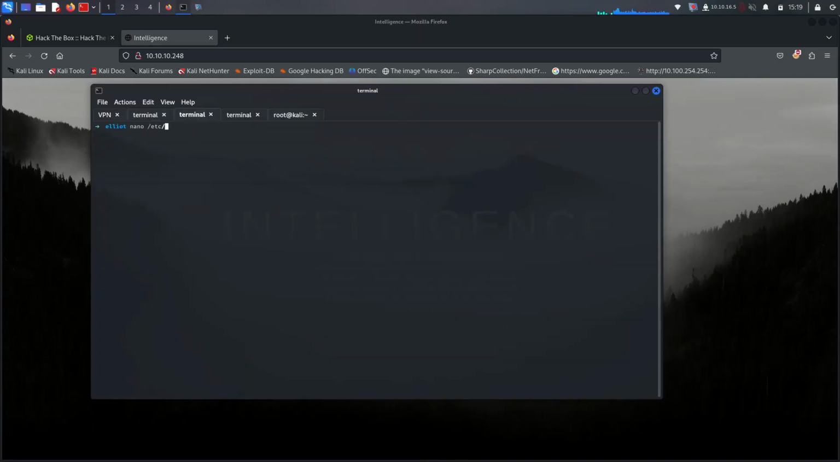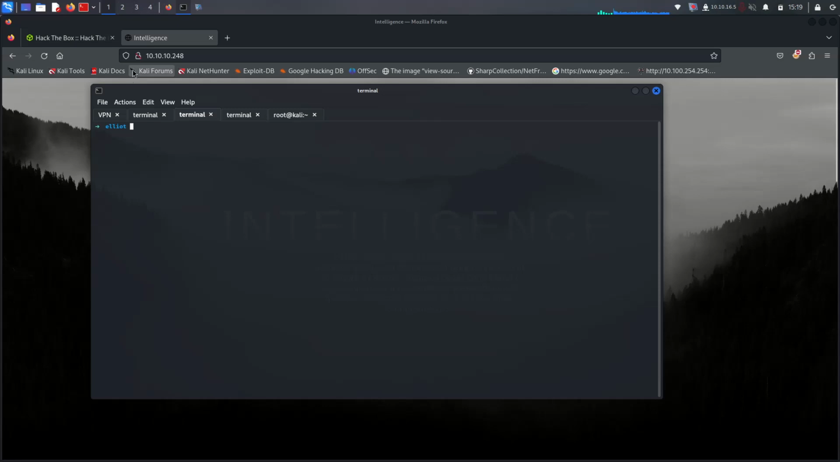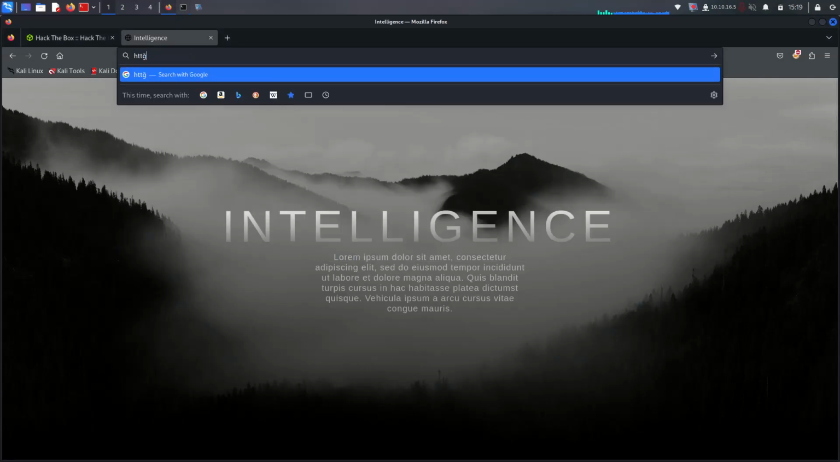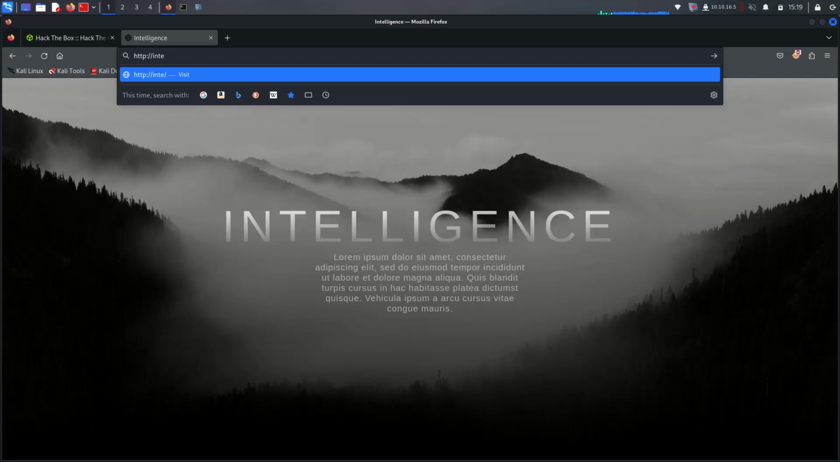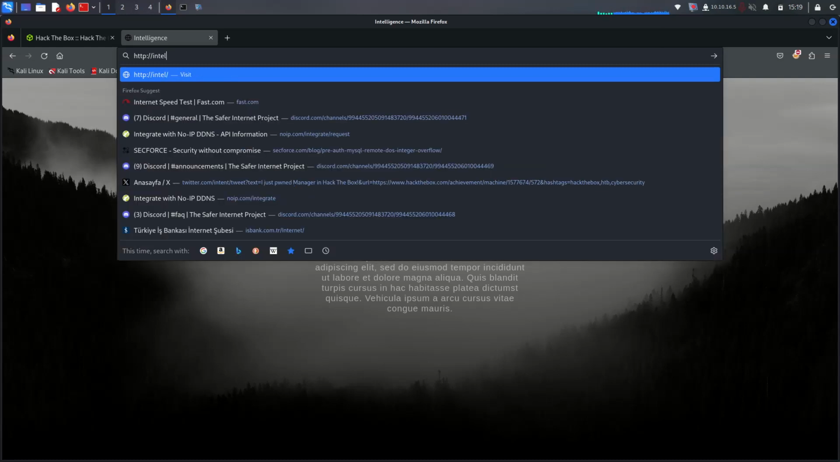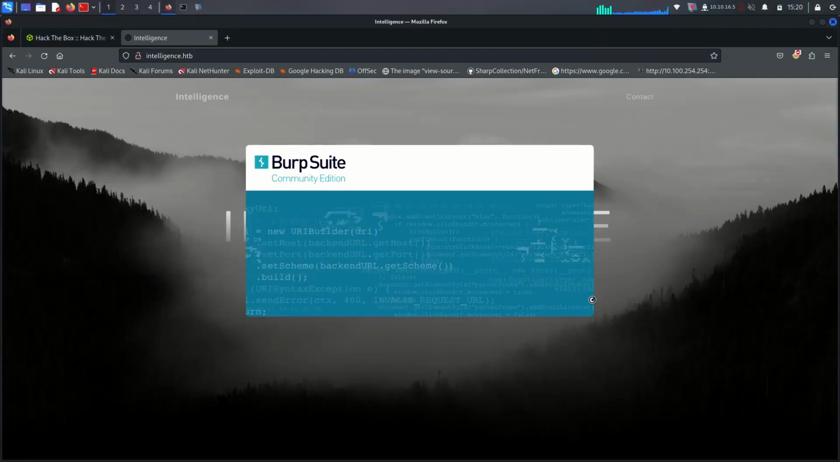So let me go to /etc/hosts. Okay, it's over here. Intelligence.htb. Okay, so we are now on port 80. We can work with intelligence.htb, right? Intelligence.htb. If we have a web server here, that means we have to run Burp Suite